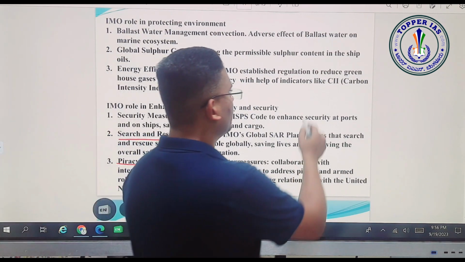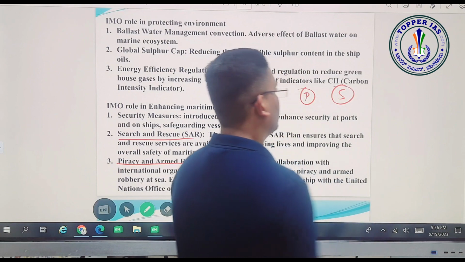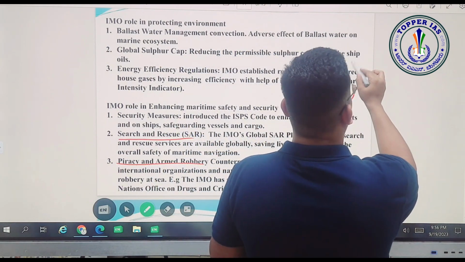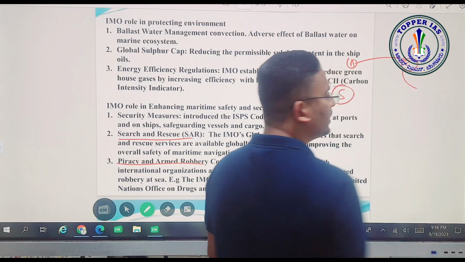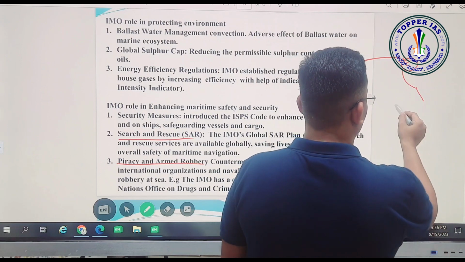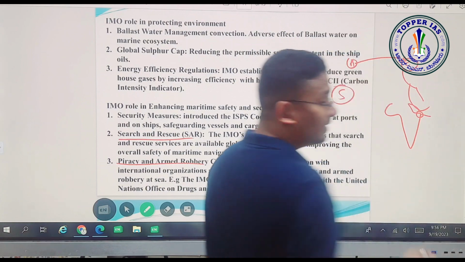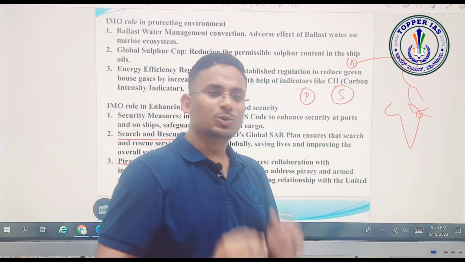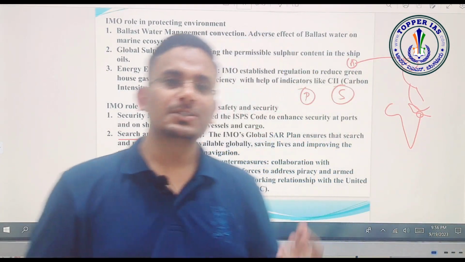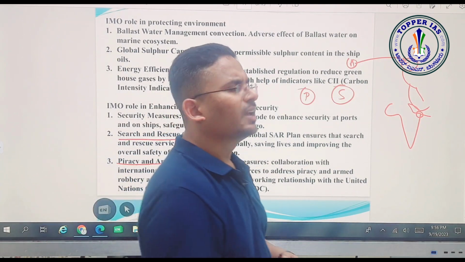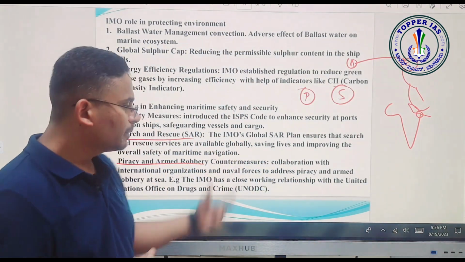See, where does piracy happen? Most of the piracy in the world, where does it happen? Somalia. Why Somalia? Because the raw materials come from America, the production happens in Europe, and the finished goods enter the Mediterranean Sea, cross the Suez Canal, and at the tip you have what? At this tip you have Somalia. So they capture the ship filled with goods which are supposed to go to Asia, and they start demanding money. The anarchy present in Somalia is another reason for that. Anyway, Africa is again an interesting topic; someday we will plan that. But coming back to this question,